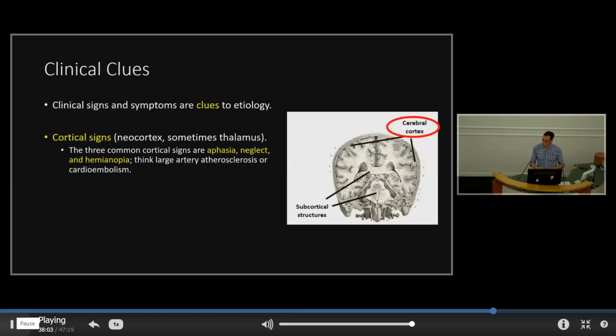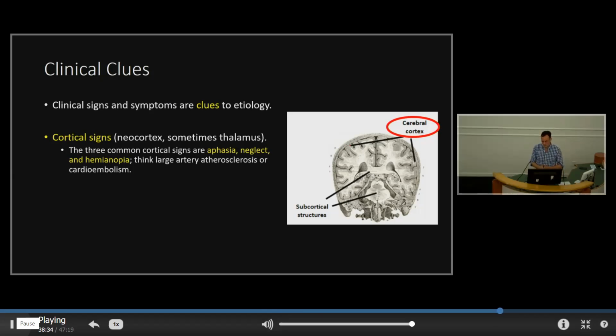If you have these things called cortical signs, and you all know what cortical signs are, even if it's not coming to you right immediately, cortical signs are critical to know, because they indicate that the neocortex, which is almost synonymous with the term cerebral cortex, that little gray area around the edge of the brain, is almost certainly involved. The thalamus can also give you cortical signs, because the thalamus is a very central structure that everything basically runs through, but in general it means neocortex.